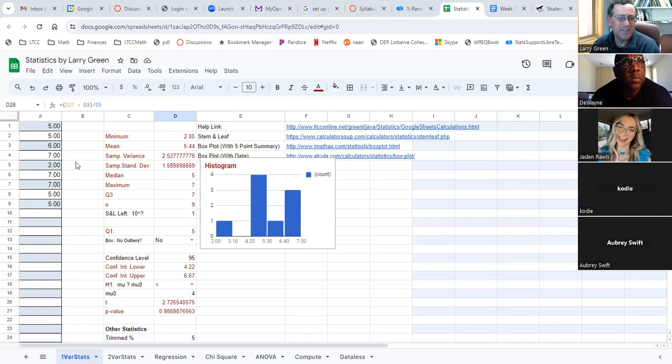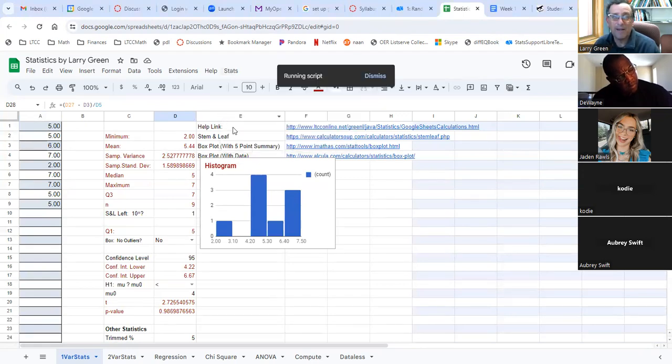Let me show you. Stem and leaf is not very important. I'm going to do that with maybe a different example because it doesn't work with single digits. I want to let you know, you cannot do stem and leaf with single digits. And that's just SNL. SNL is stem and leaf. What I can do is a box plot. Let me show you how that works. If I go to stats and I click on box plot,